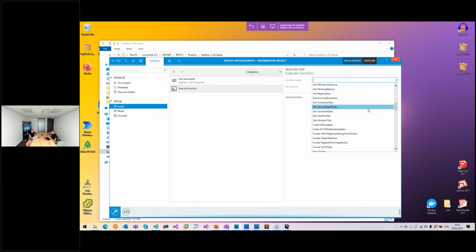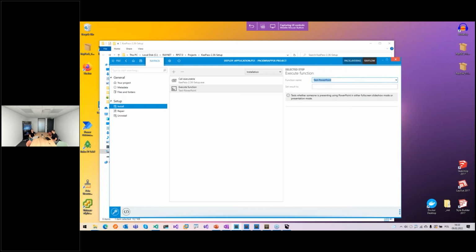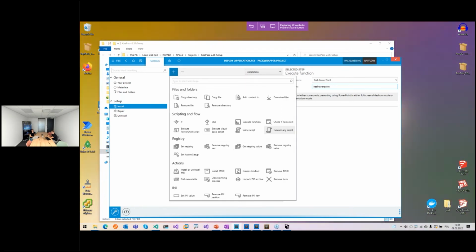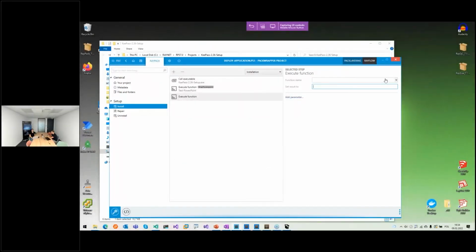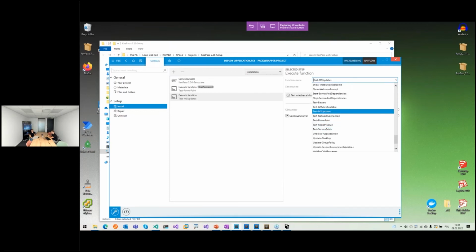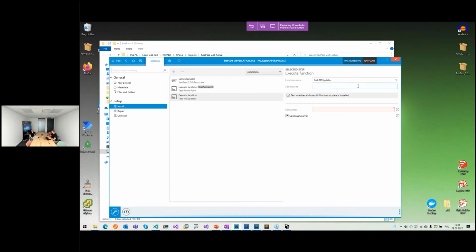For example, I could check maybe if PowerPoint is started. So, selecting test PowerPoint. And there is some simple help shown from RayPack, like what this function does, if it has parameters, what these parameters have. So I could just simply set this and save it for some future, has PowerPoint. And also let me add another one. Also something simple, like we can, for example, test if some update is installed. So test MSC update. And